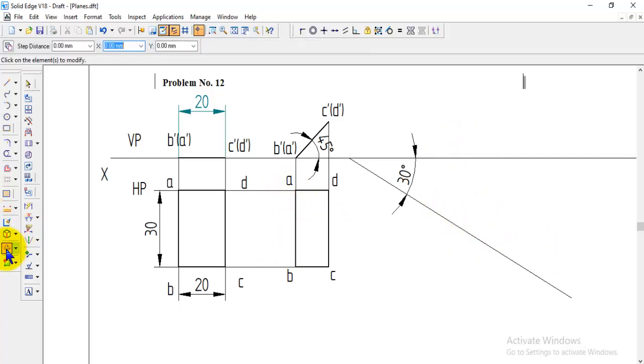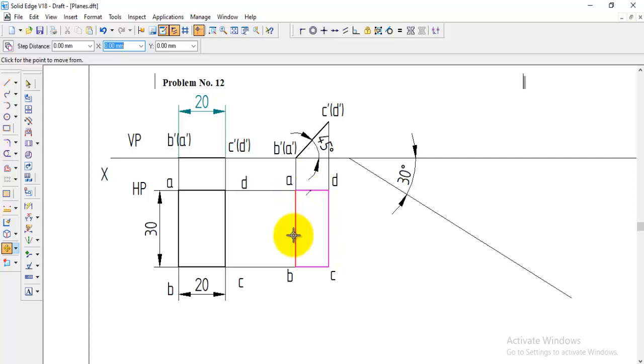So go to move option, switch on the copy. Now by holding the control button in the keyboard, you can press the control button and then just click all these four edges. Once you selected, the line will be highlighted here in purple color, and then after selecting all the edges, now you release the control button. Once you release the control button, next it will ask picking point. One point, first click for pick, second click for pasting.